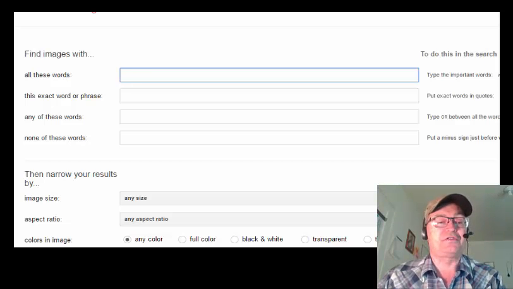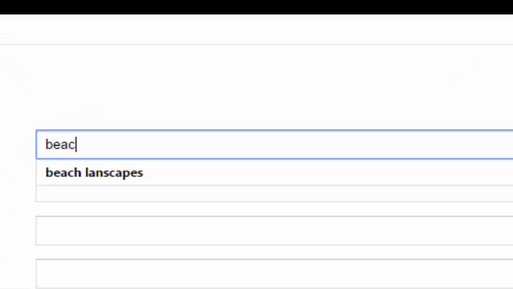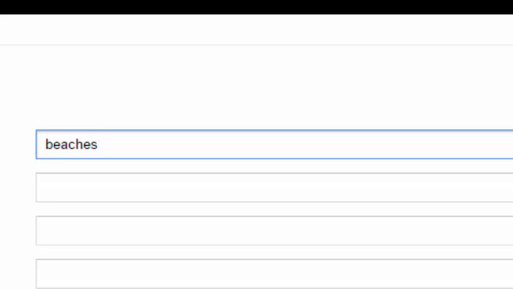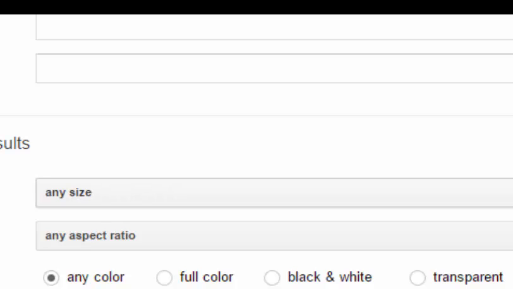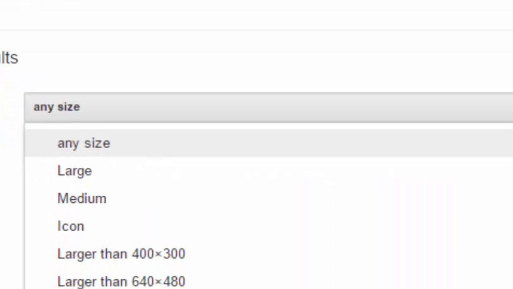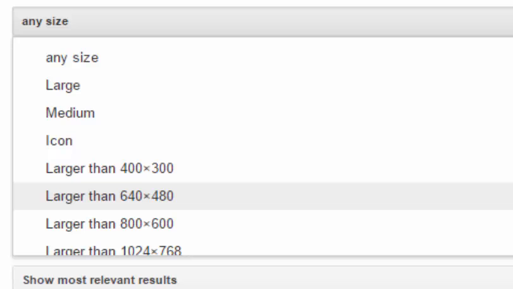If you are going to use beaches, then put beaches in. Palms maybe, sand, ocean. Okay. Now, you don't want any size. Remember the size I was trying to tell you about? You want at least 851 by